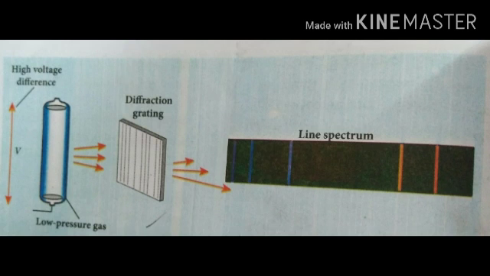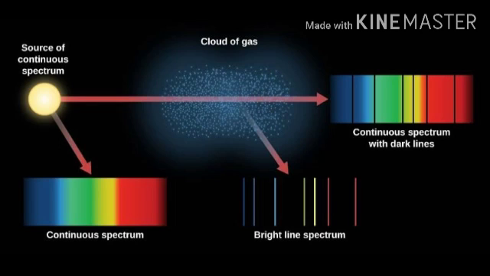If we see through a spectrometer, or it is photographed, instead of the continuous spectrum we obtain radiation that consists of certain discrete lines, each having its own characteristic wavelength. These spectra are unique to each element and are used to identify the element of the gas, and they vary from one gas to another. This uniqueness of line spectra made scientists able to determine the composition of stars and the sun, and it is also used to identify unknown compounds.